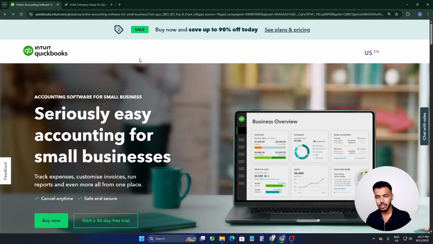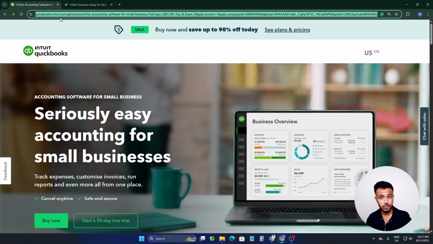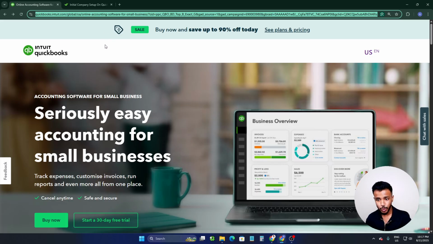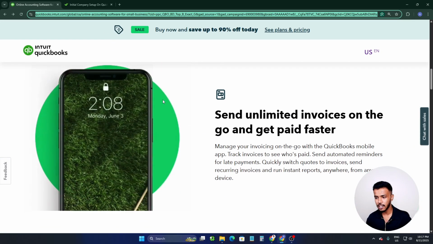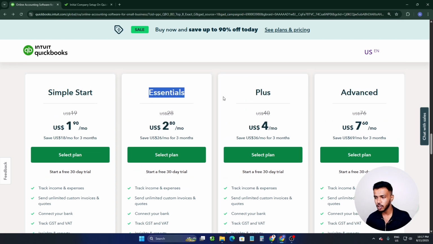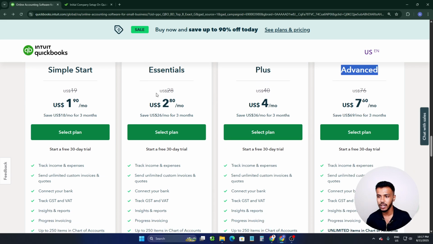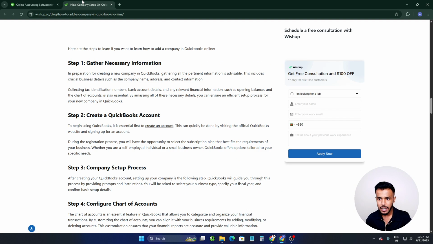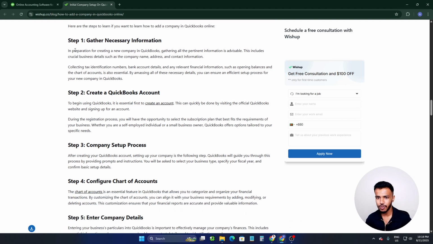So the first thing you have to do is go to quickbooks.com, the official website, where you can scroll a little down and find there are 4 premium plans available. So you can choose one and purchase one. After purchasing and checking out with your credit card or debit card, the first step is